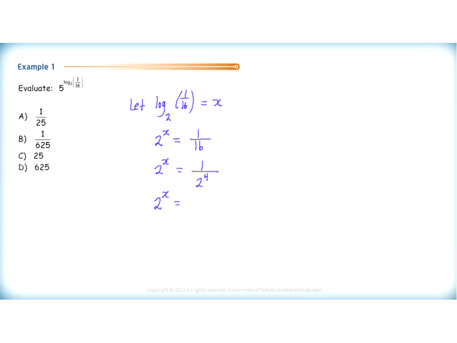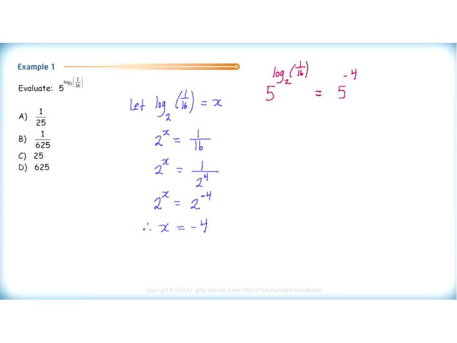So 1 over 2 to the 4 can be written as 2 to the negative 4. Now we have 2 powers with the same base that are equal, therefore the exponents must be equal. So x is equal to negative 4. Therefore, if we go back to the original expression, we now have 5 raised to the power of the log of 1 over 16 to base 2,